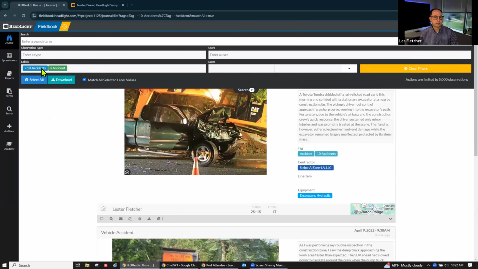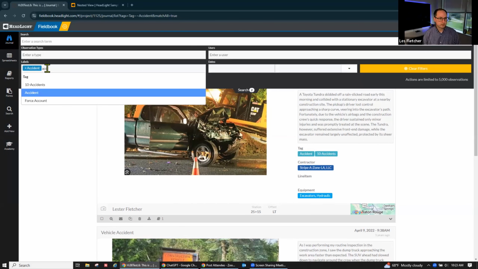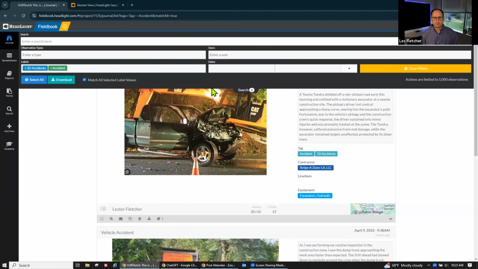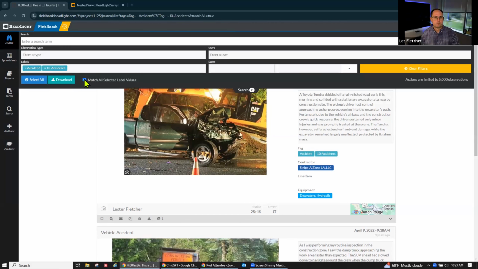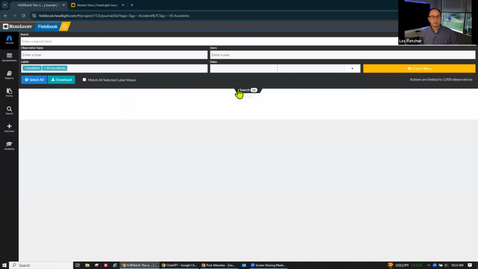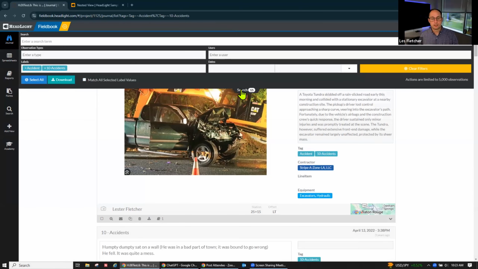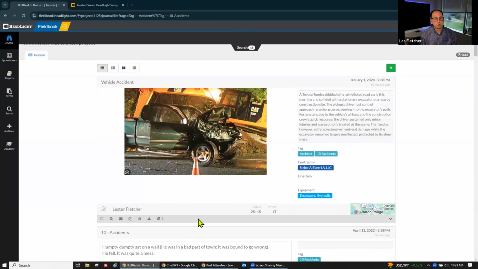Let me go back to accident. I don't know why it's only filtering two. Oh, maybe it's because it's doing that. That's what it is. It's matching all my selected labels. Sorry about that. So you see we have 15 total observations in the project where people documented something about an